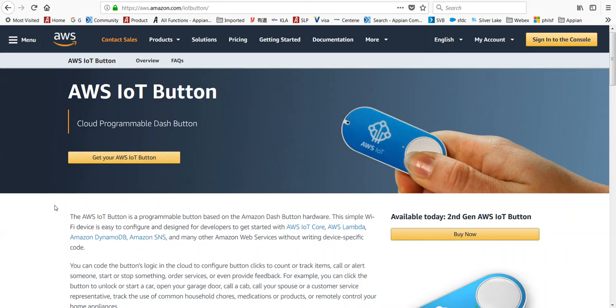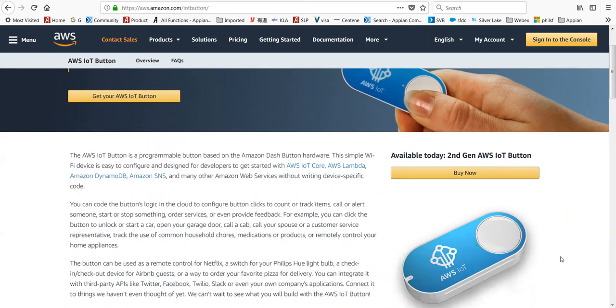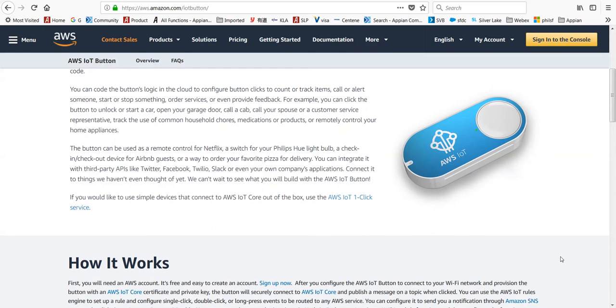This demo is initiated by a push of a button on the AWS IoT button. The AWS IoT button is a programmable button. You can code the button's logic to configure button clicks to track items, call, alert, or task someone, start or stop an Appian process. In this demo, it is programmed to simulate sending a patient's medical testing results to his